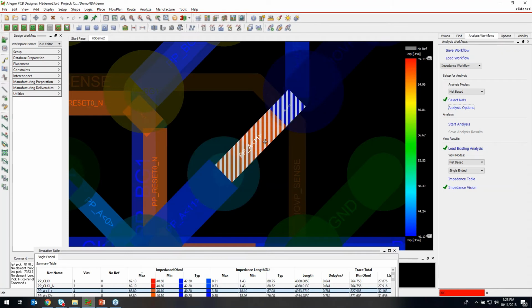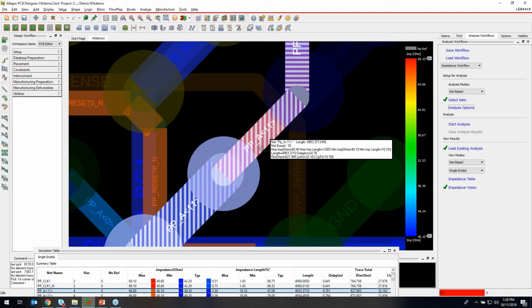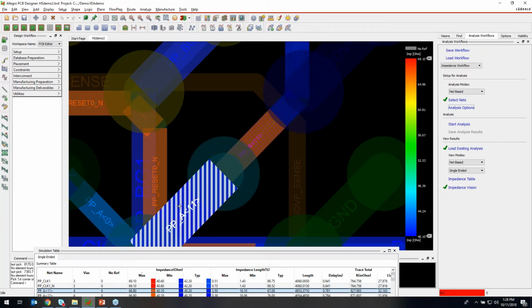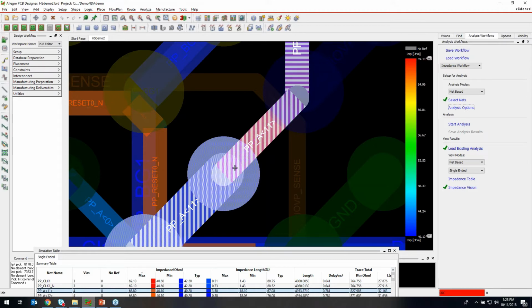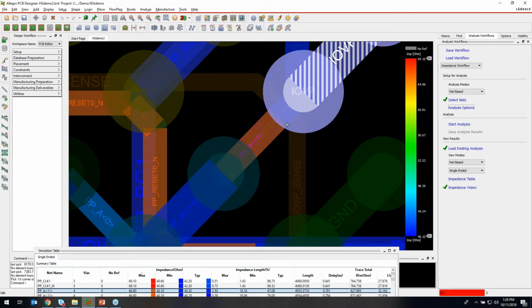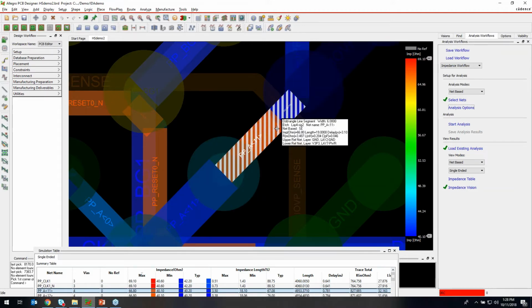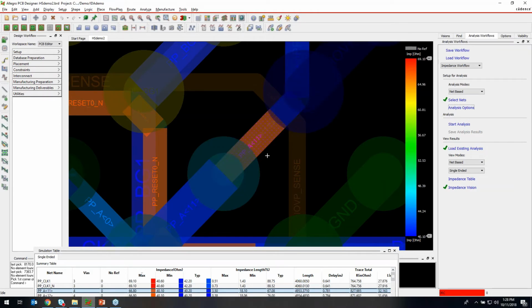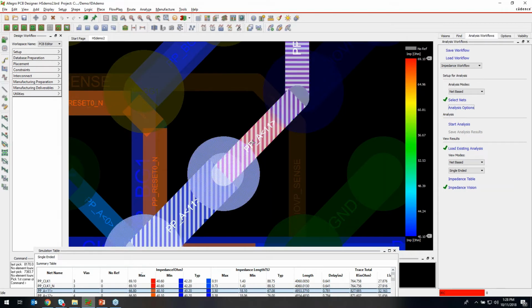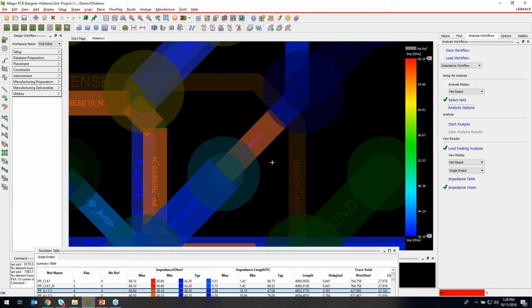So you can see it here. It's this pixelated area right here. Basically, it's address bit 11. You can see that address bit 11 comes in as a wider trace, then necks down, probably to get through a BGA field or something, and then continues on. But this is probably indicative of two problems with the impedance. One is the neck down, so the impedance changes because the width narrows. And another could be